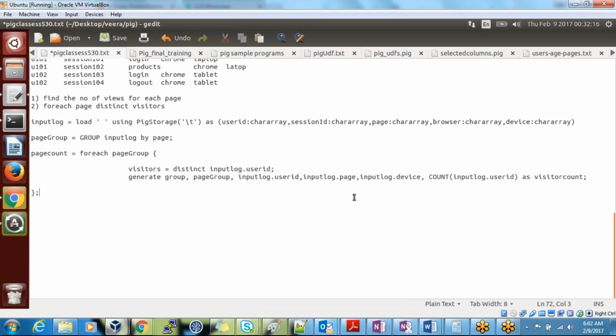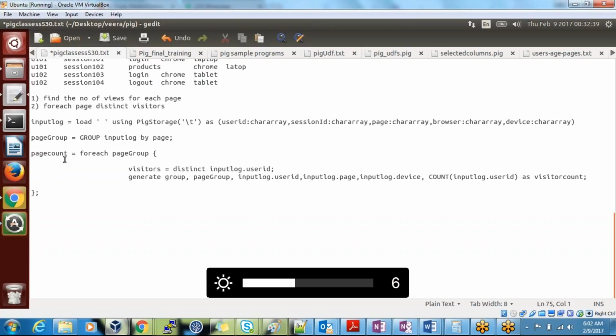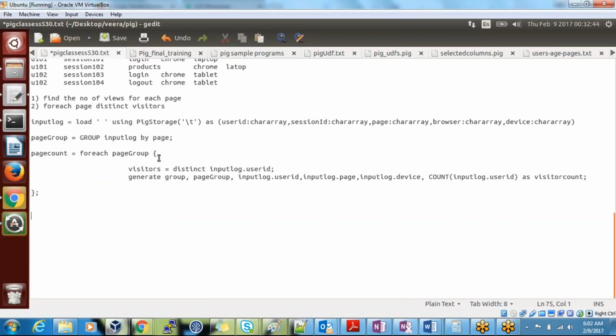Understand, guys? If you want distinct, after that you want to sort, you can sort in descending order or ascending order. Whatever order you want, you can do it. Do you understand how we will write the for each? Yes. Okay, so this is how we will write the for each and distinct. So let's move on. You try this example. If you find any difficulty, we can have a discussion on this.